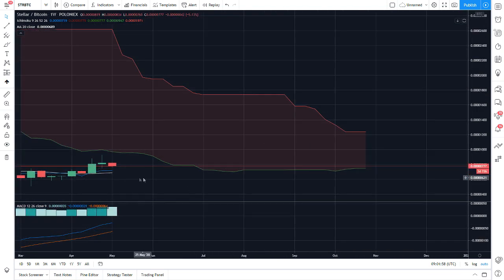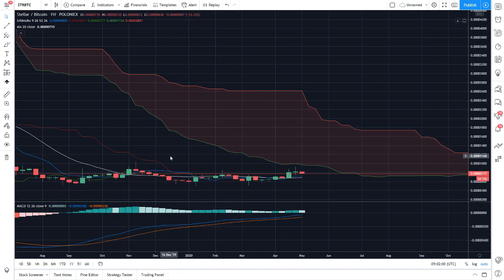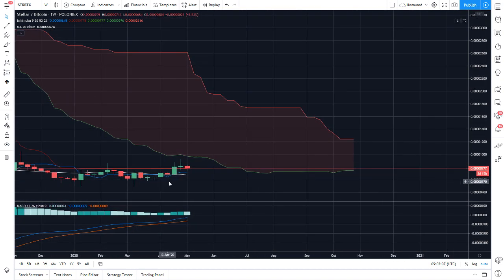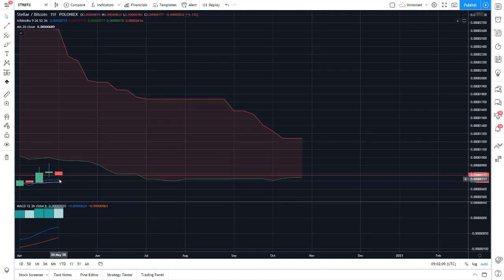So this is the red line and this is the blue line. We are above this red and blue line, and both of them are now going to act as support. So the blue line is at 721. It might come down a little bit, but it's more or less the same, which I told you while judging the 1D chart of this